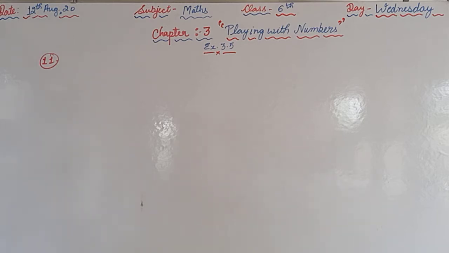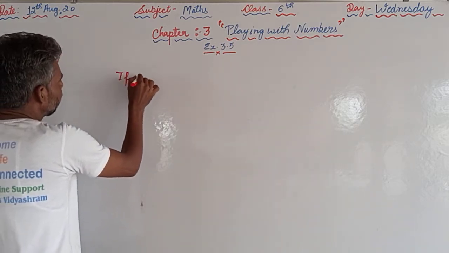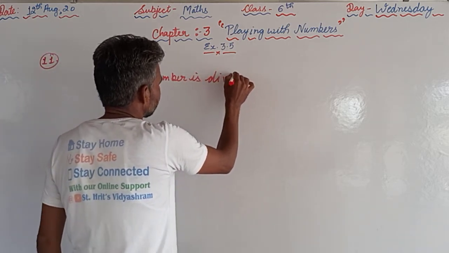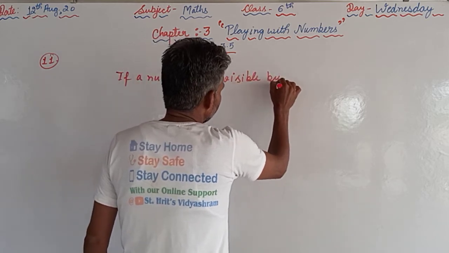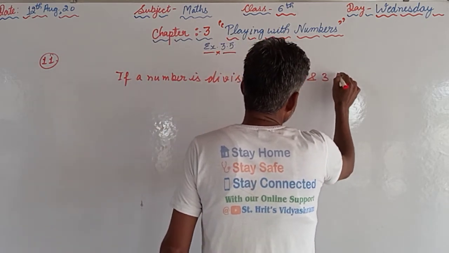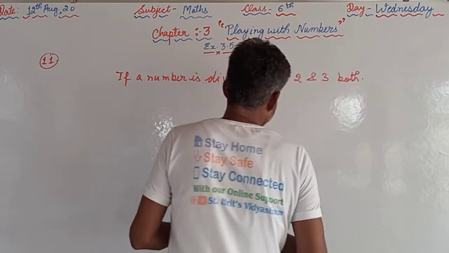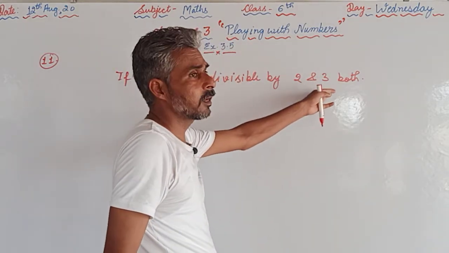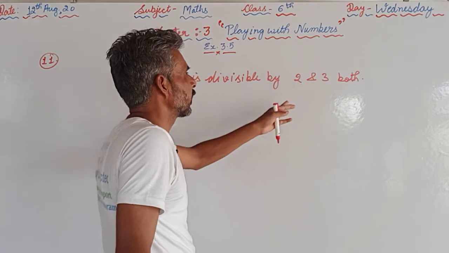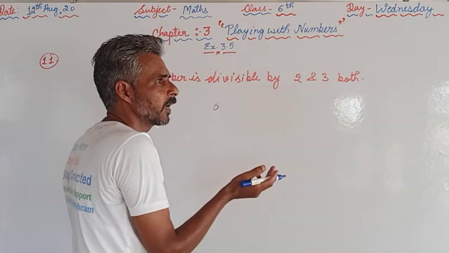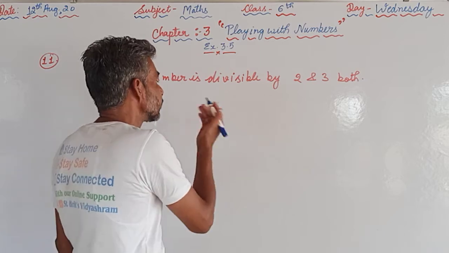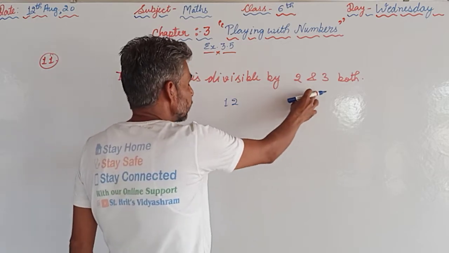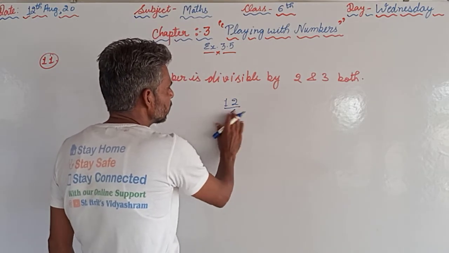If a number is divisible by 2 and 3 both, then that number will also be divisible by 6, because 2 and 3 are co-primes. Suppose 6 is divisible by 2 as well as by 3, so 6 is also divisible by 6. Suppose 12 is divisible by 2, 12 is also divisible by 3, hence it is divisible by their product, because both these numbers are